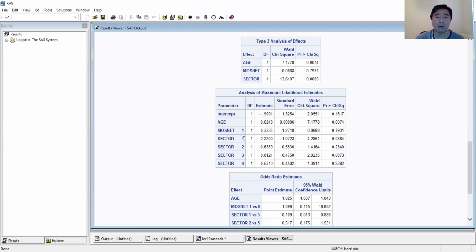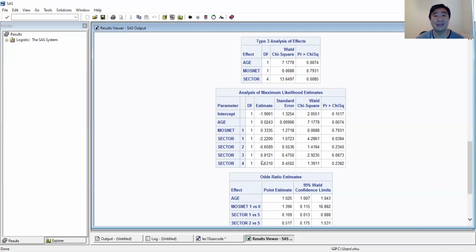They only compare level 5 or sector 5 with other things, but you can still choose one of these factors as a reference and do a comparison. Because we have 5 different levels, the exhaustive number of pairwise comparisons is 5 choose 2, which is 5 times 4 divided by 2 times 1, which is 10. So in other words, you should do a total of 10 tests